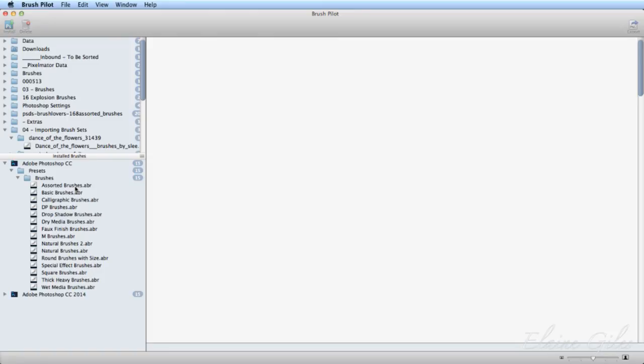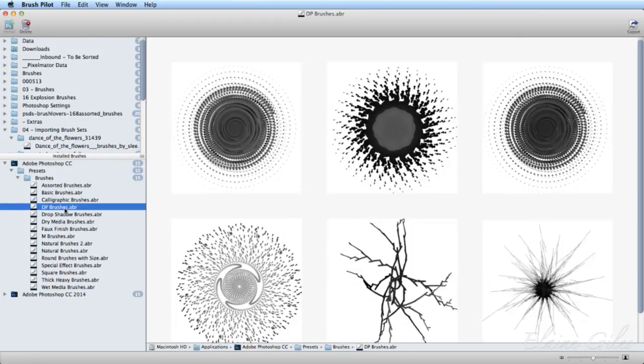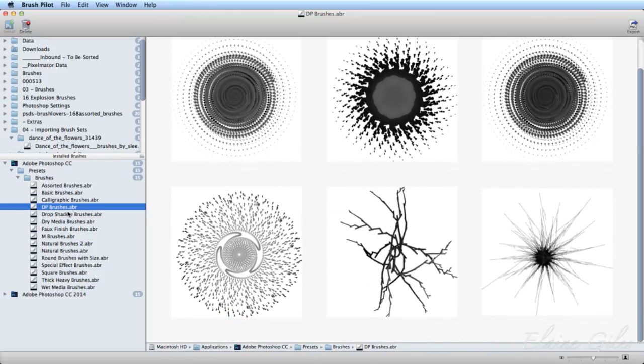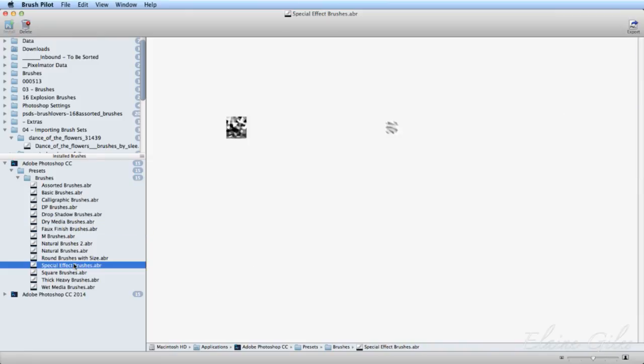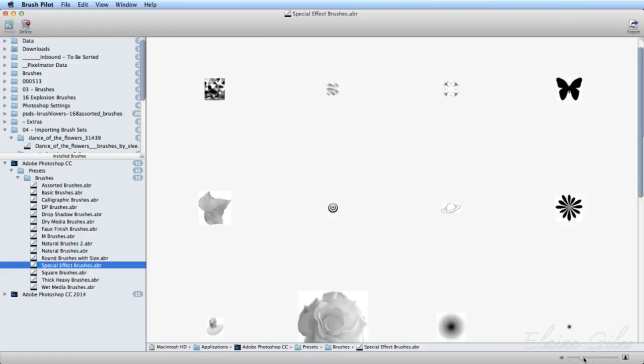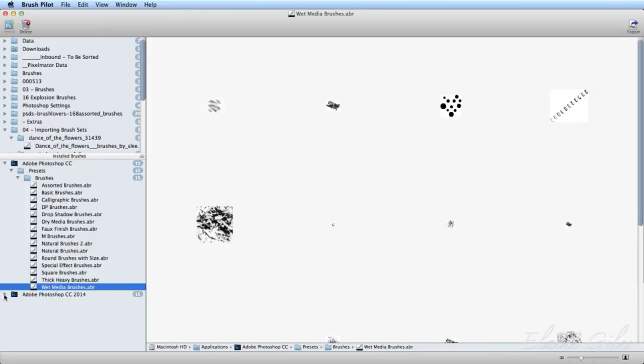These are the brushes that were appearing when I clicked on the gear icon. And in here, you get a preview of them. So you don't get a preview anywhere else because they are ABR files, but in Brush Pilot, you do. You can actually preview those and get a really good idea of what they would be best used for. So let's have a look at some of these special effects ones. You can change the size of the preview, but it depends on the original size of the brushes, to be honest with you, how well that works.